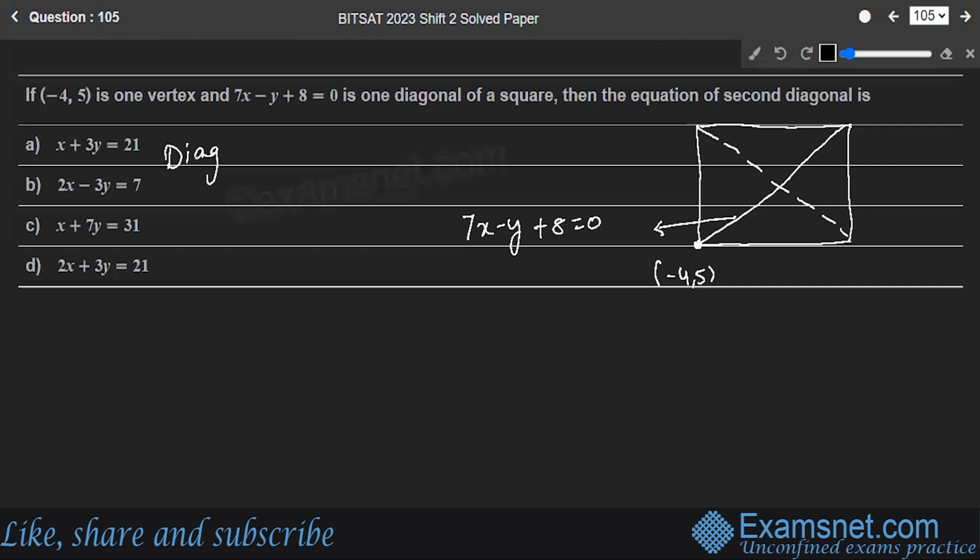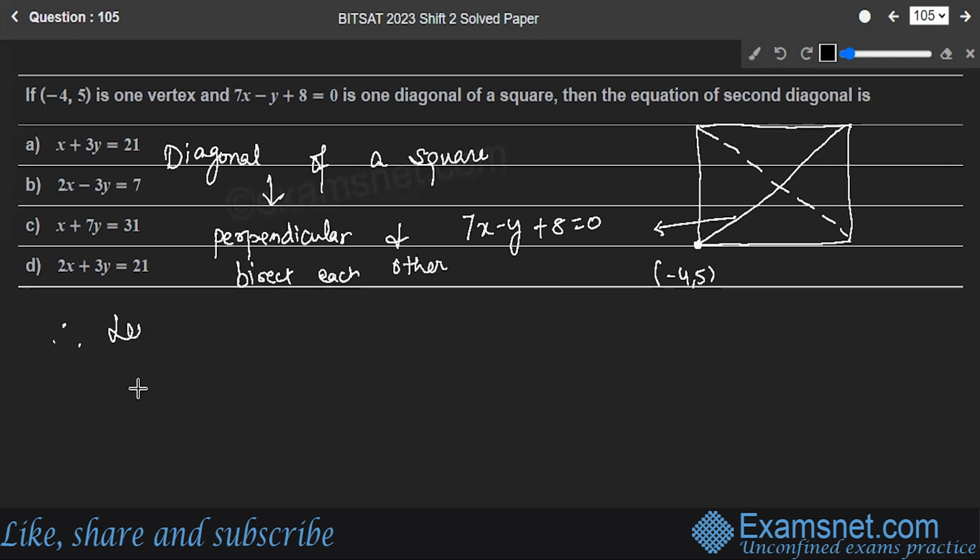Diagonals of a square have the property that, first, they are perpendicular to each other, and they bisect each other. Right. Therefore, let the equation of the second diagonal